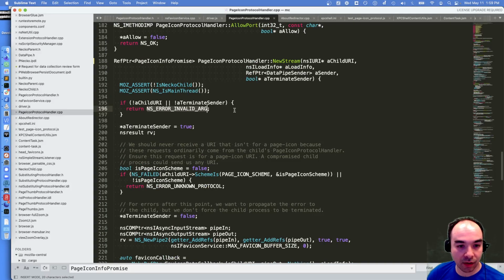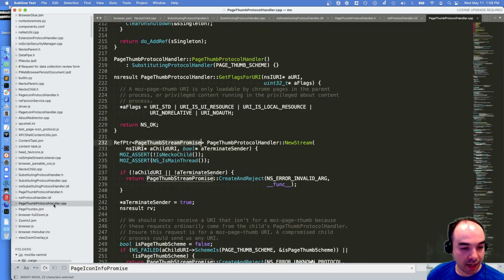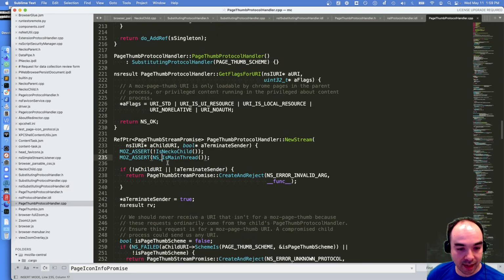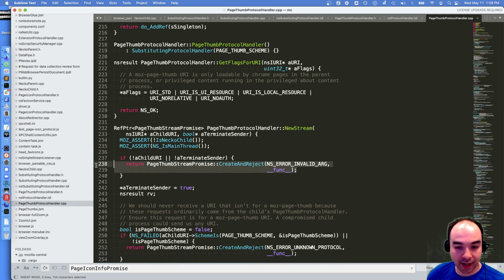I need to now do the correct thing with return values. So page thumb protocol handler, the way it does this is it will create and reject with certain error codes. So it's going to reject the promise.